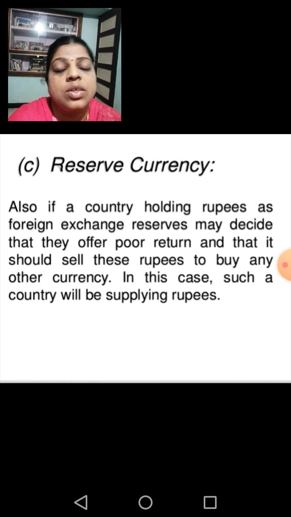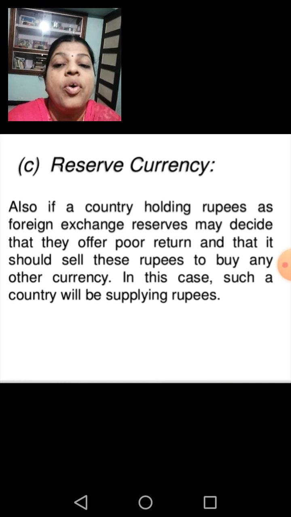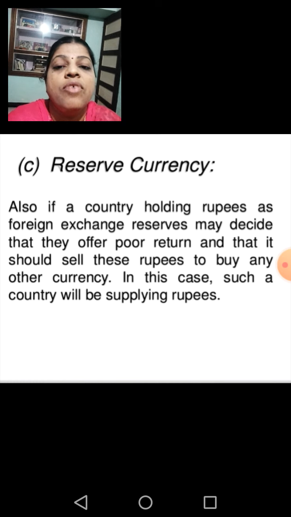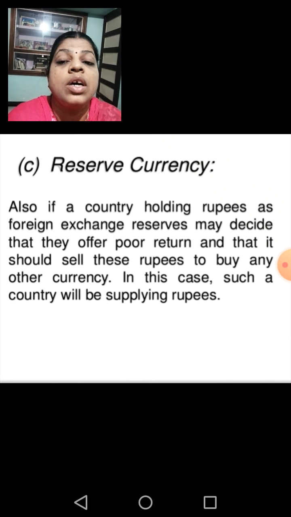emergency demands also. So children, I told you about the two market forces which determine the foreign exchange rate, the demand side and the supply side. We have explained what the demand side of exchange rate determination is and what the supply side is. I hope this session related to the determination of exchange rate is precise for you.